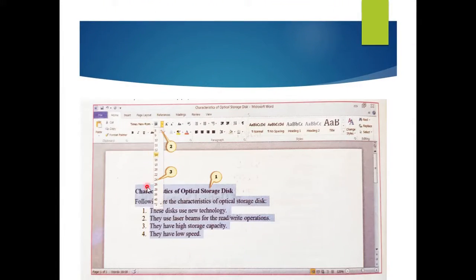So here you can see in the home tab, I told that there is a font drop down menu. In that you can see the size here. Yes, so according to your need you can change the size of the particular text, and you can change the font size.